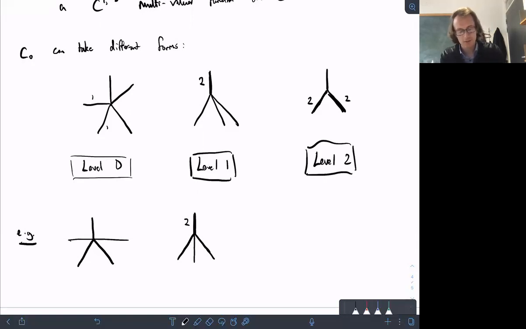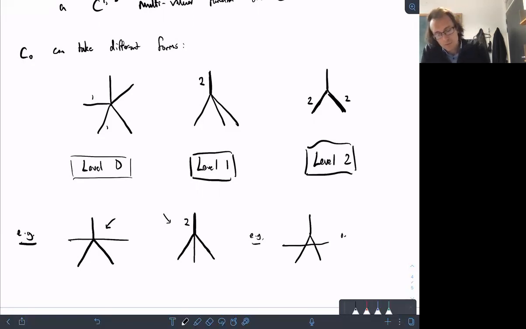And this can be seen just by, say, translating the plane or rotating the plane in either of these settings into something else. So we can get, e.g., something like this, or if we rotate in a different direction, we can get something that looks like a triple junction,